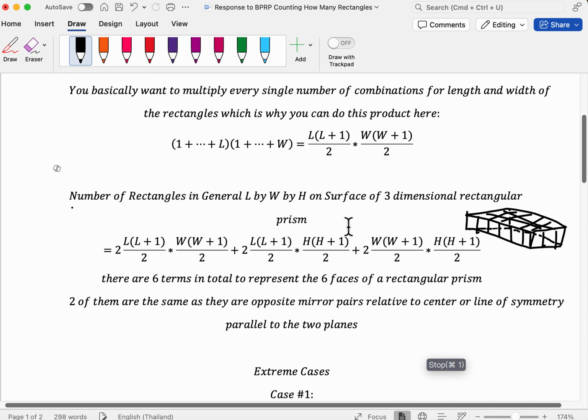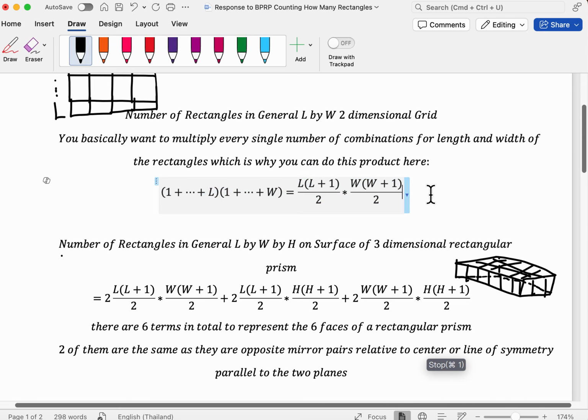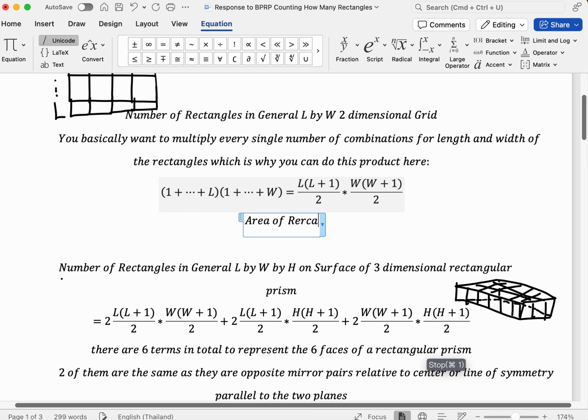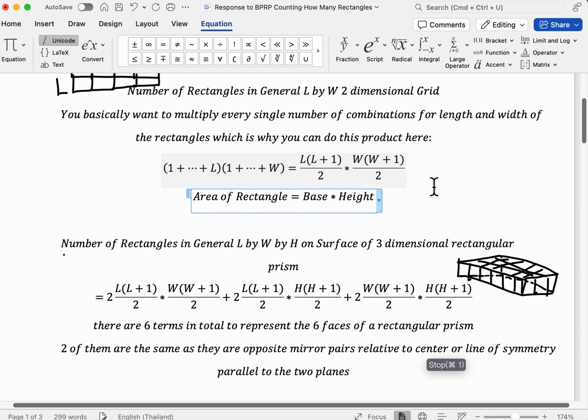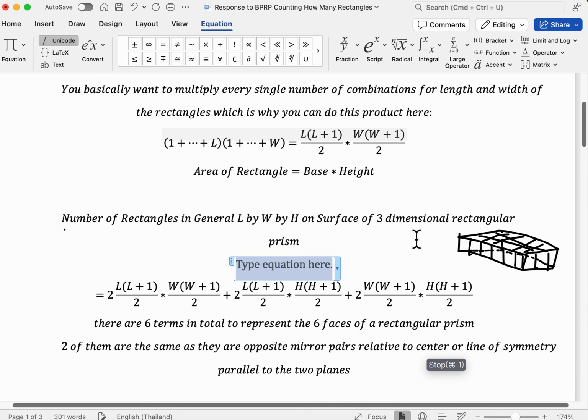Well, in that case, what do we recall? I found this number of rectangles simply by using the geometric formula that area of a rectangle equals base times height. But when we're looking at the volume of a rectangular prism, not volume, the surface area of a rectangular prism,